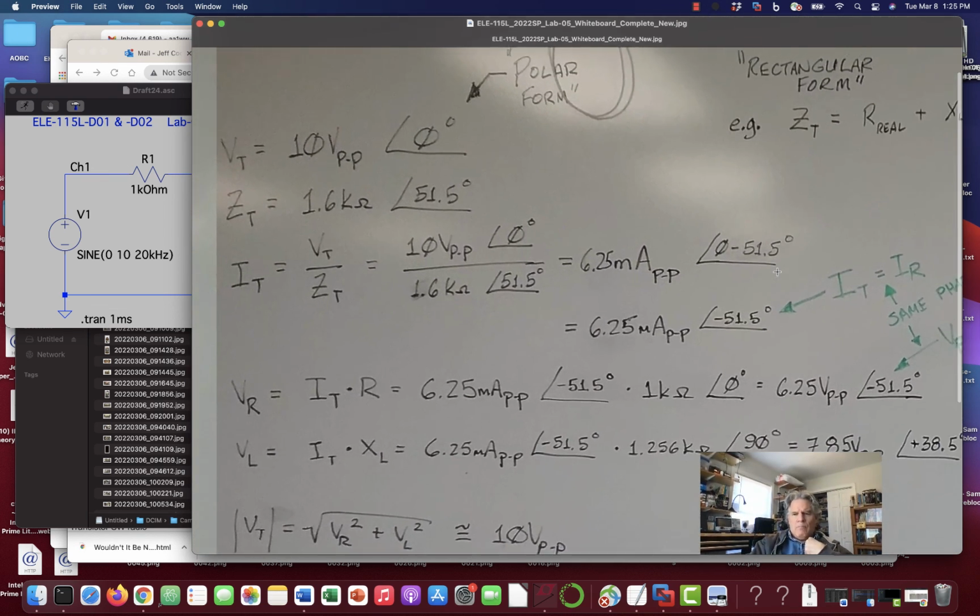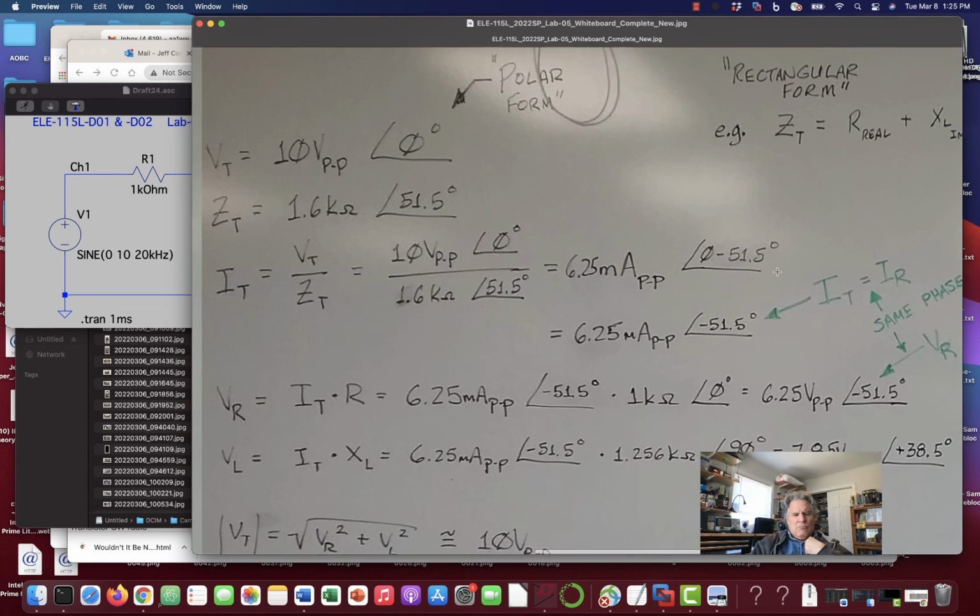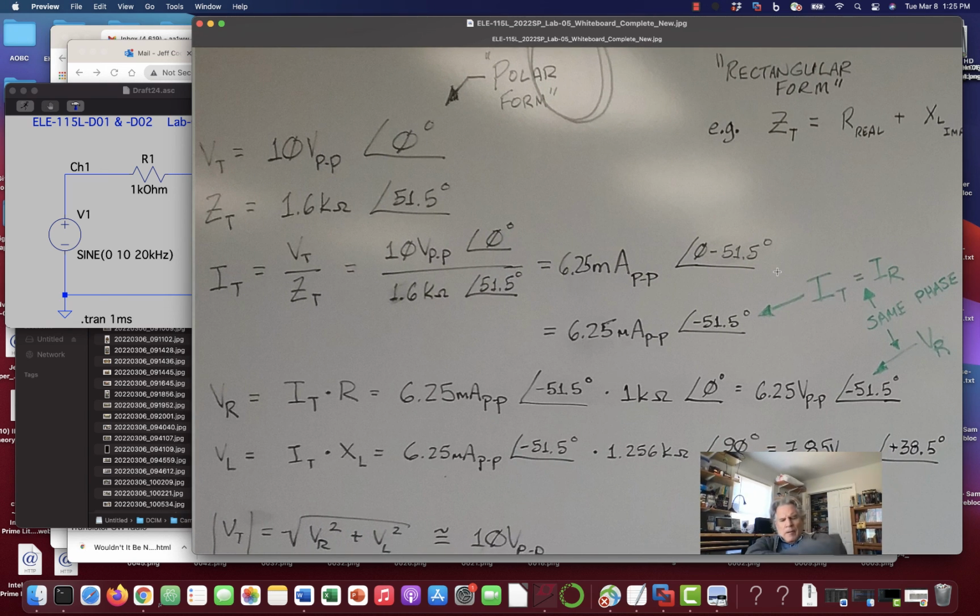Okay, so let's go over here and look at this. When you're doing multiplication and division, polar form is best. When you're doing addition and subtraction, rectangular form is best. So let's go through what we have here. I think we're mostly doing division and that sort of thing,